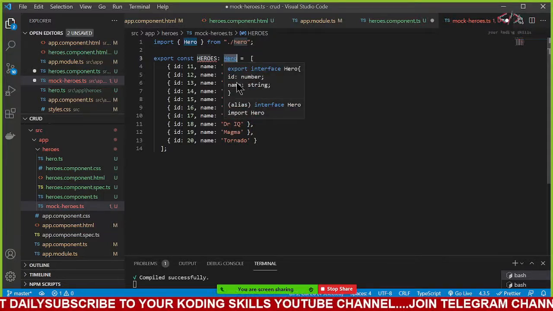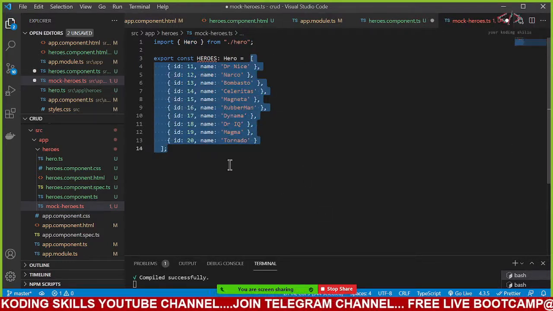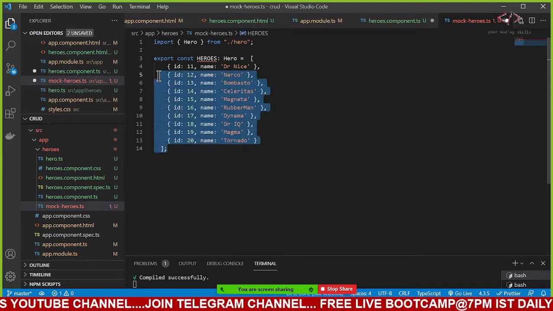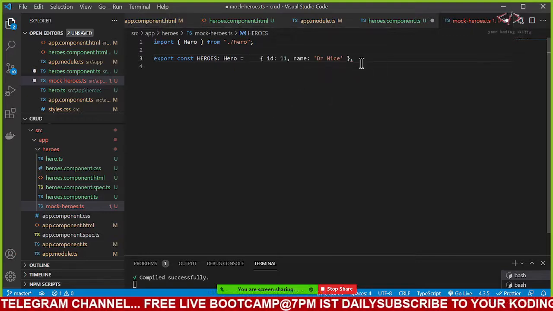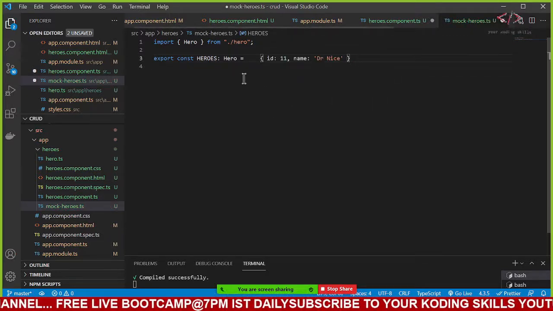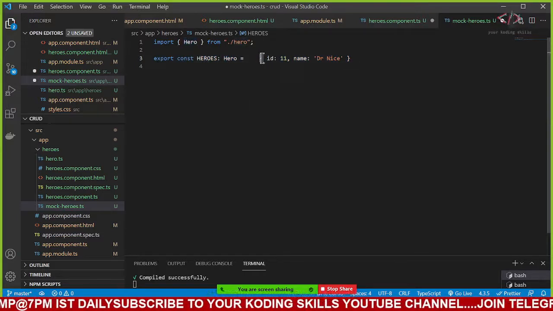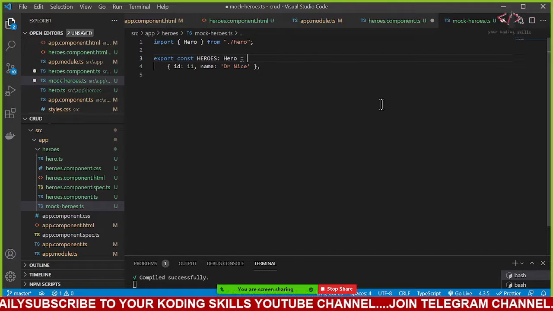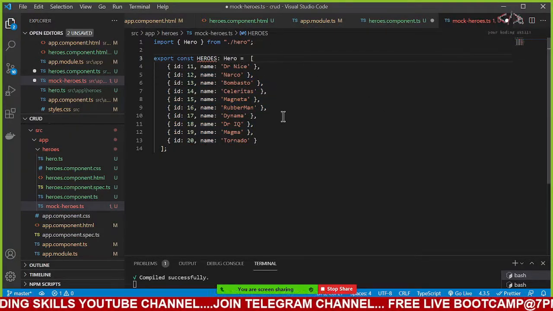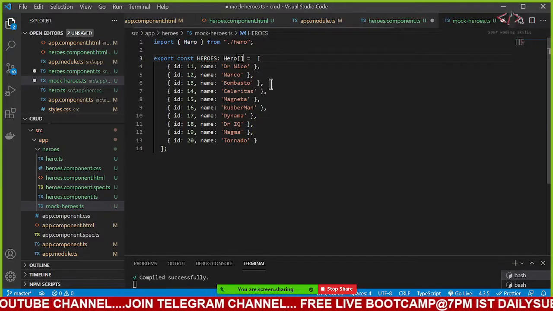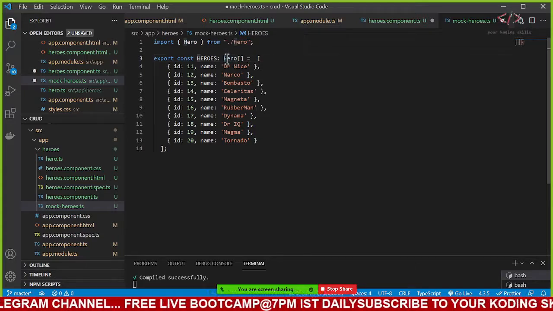See, you are saying that you have a type hero and in that you have ID and name, but you are assigning an array of objects. If you had assigned only one value, then this will work, because there is only one object. But here you have many objects and its type is array, so you have to go to your interface and add the array. I'm giving a list of items which is of type array. Sorry, it is a hero type array.